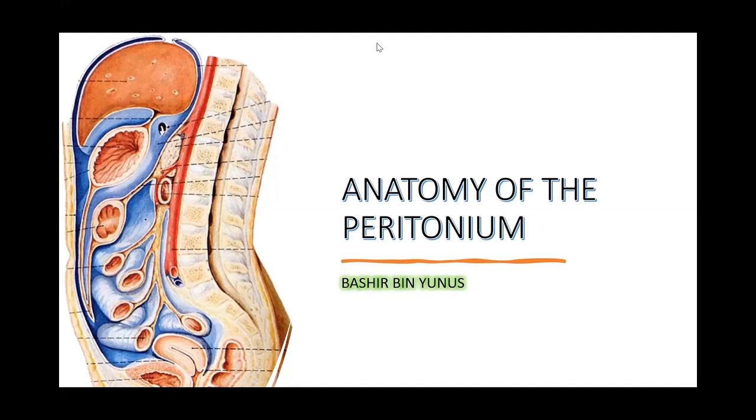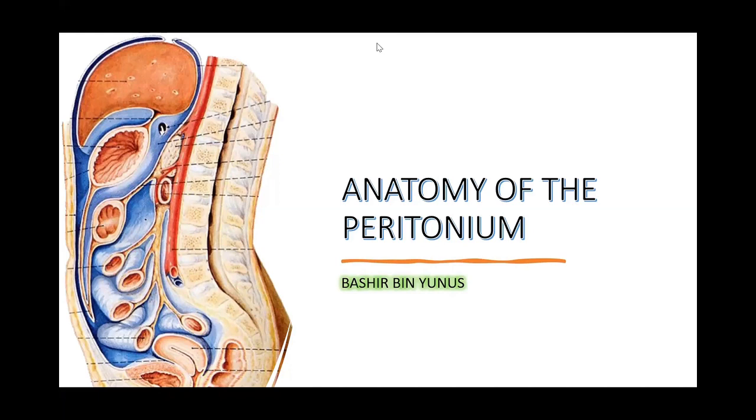It is very important for any clinician to understand the anatomy of the peritoneum because of its relevance in clinical practice. Of course, we know the peritoneum is the largest cavity in the body, and it contains